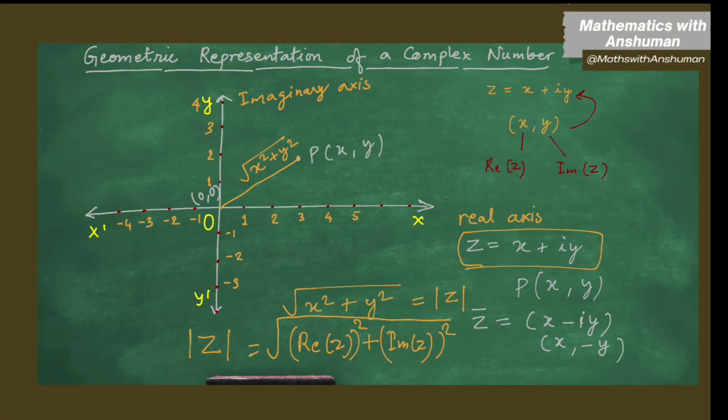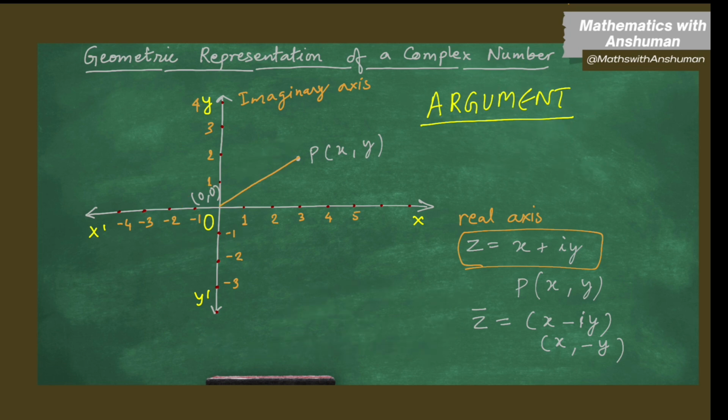This mod is the magnitude of the complex number and it is the distance of the complex number from the origin O. As I mentioned earlier, mod gives the magnitude of the complex number. And there is one more important thing that we need to know, that is the direction of the complex number. To do that, if a complex number is plotted with point P on the Argand plane, then the